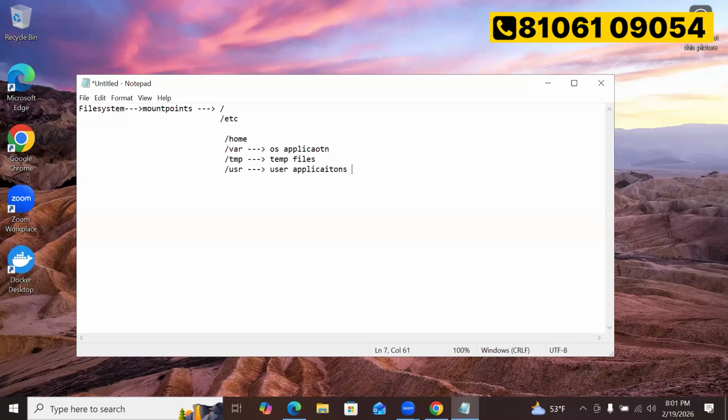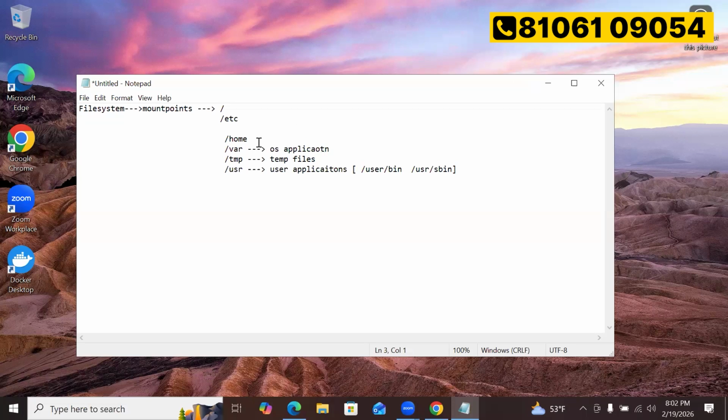In usr, we have a different structure. There are bin and sbin, these two directories: /usr/bin and /usr/sbin.